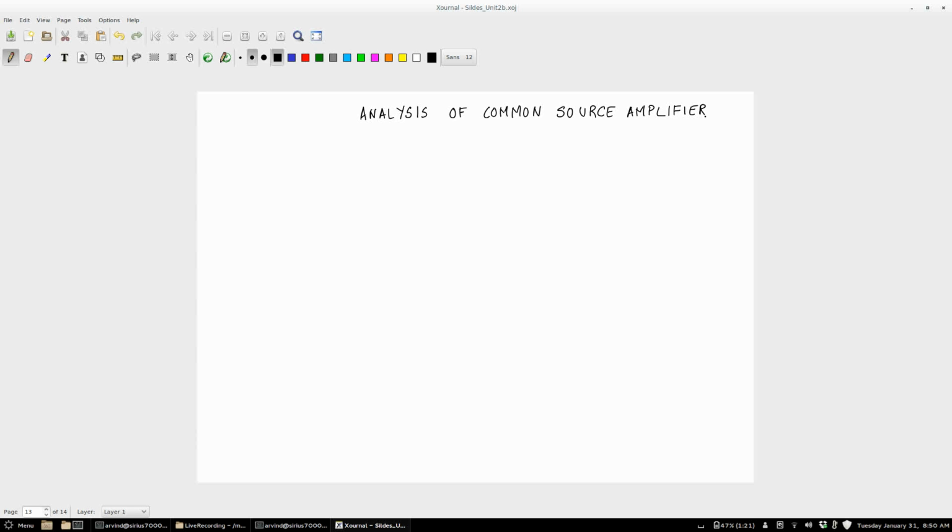Okay, so now that we have done the common source amplifier, or at least introduced it to all of you, we then begin now the analysis of common source amplifier. And this will take quite some of our effort, because what we will try and motivate is that once we analyze one particular amplifier in detail, other amplifiers can be done similar to this, right? We don't need to go through the other amplifiers in detail. So the first thing that I want to look for is a quantity called the swing limit.